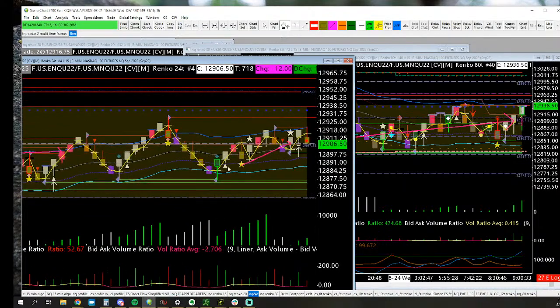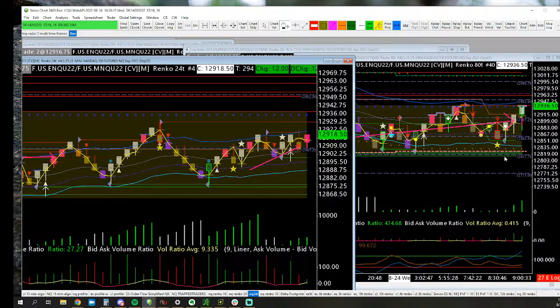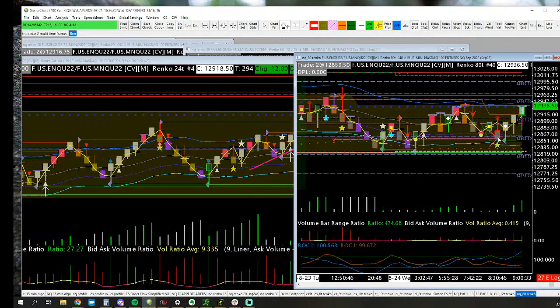Doesn't explain why that one worked, but sometimes they work even when you don't expect them to. It does explain why this and this failed, right? So when the higher time frame has, and if you think of it as participants from a higher time frame, those who are willing to bet more because they have a bigger account, less risk aversion, more willing to take some higher level risk, if they're showing up here after these aggressive buyers, you're going to get higher prices as long as you don't get